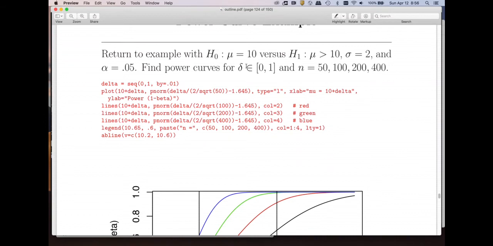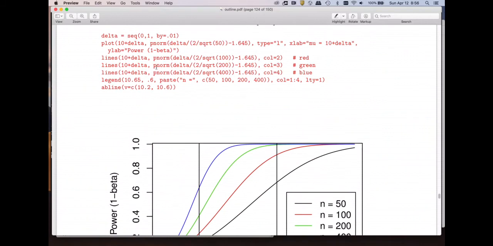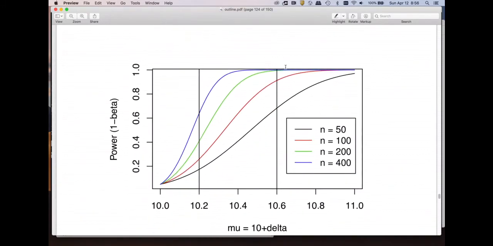And I'll do this for a range of values that I want to compute between 0 and 1. So you can see where I'm just typing that expression that I derived on that piece of paper over there for different values of n. And so what you should note here is